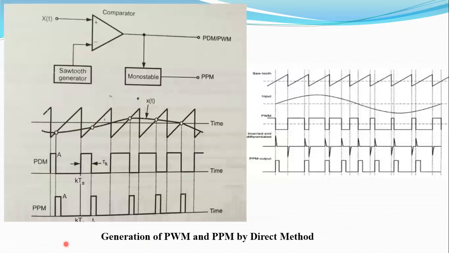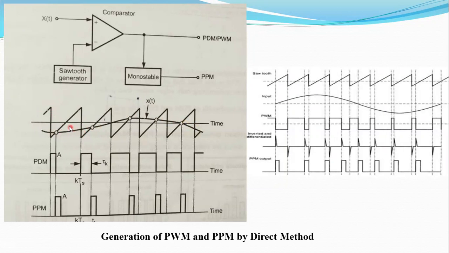Now coming to this, this is the block diagram, and we have a non-inverting input of the comparator which is fed the input message signal x of t, and the other with a sawtooth generator which operates at carrier frequency. Now the comparator will compare the two signals together to generate the PWM signal at its output. So the output is high only when the instantaneous value of x of t, that means the message signal, is higher than the sawtooth waveform. If you look at this image, this is your sawtooth generator, this is the sawtooth waveform, and this is your message signal.